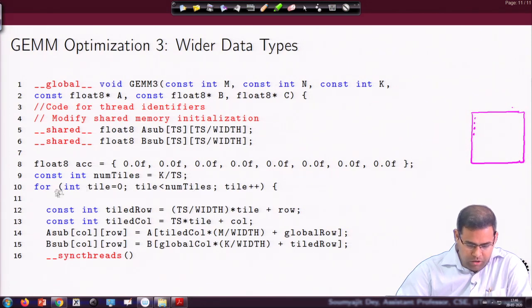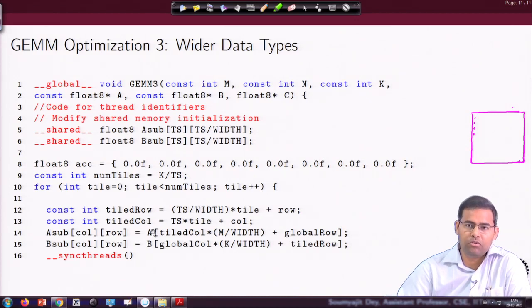So, again we have the outer loop over tiles, iterating from 0 to the number of tiles, which remains the same, and here I have the loading part to the shared memory. If you remember, in the previous quotient version we introduced a loop here, but that is not going to be there, because now I am not applying thread quotienting, I am just applying wide loads. So, when I define this operation, from the global A and B arrays you load values to A sub and B sub.